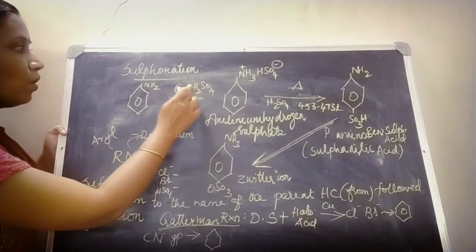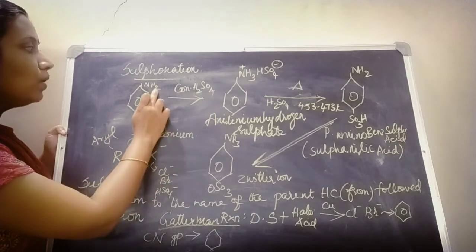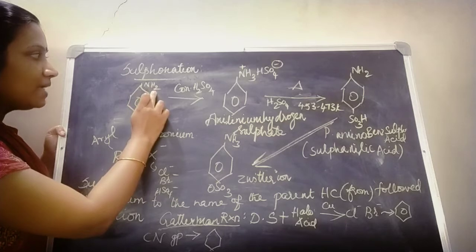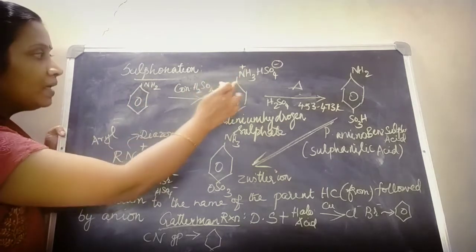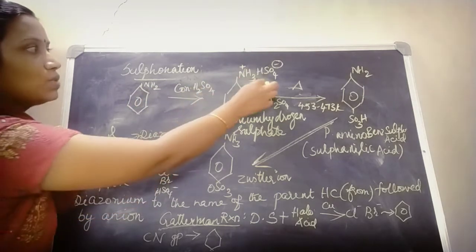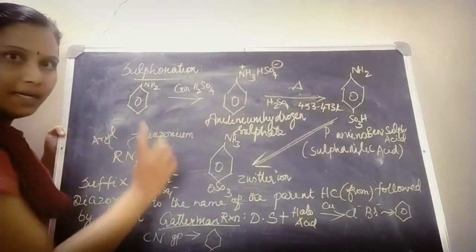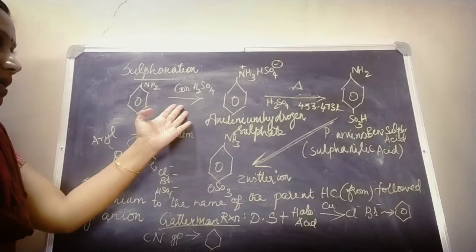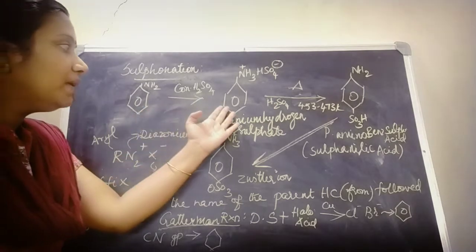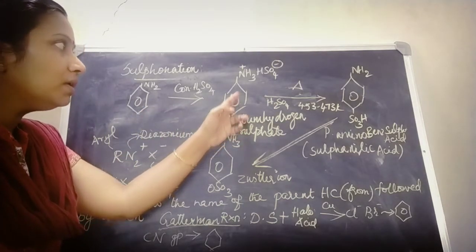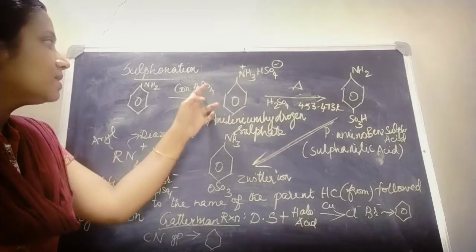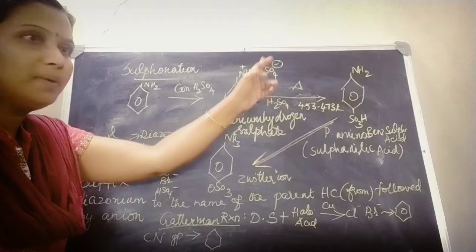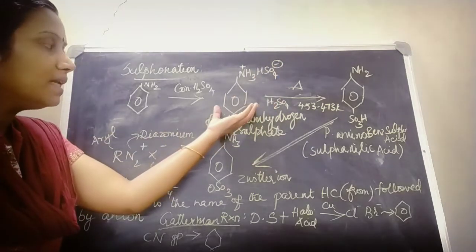Now what happens? One H of sulfuric acid will go and bind to the NH2 group, that is to aniline. So it becomes NH3+. Okay. Now what is the remaining? It is HSO4, which bears a negative charge. That's it. So I have the aniline structure to which I am adding concentrated sulfuric acid. So I will be getting a benzene structure. To the NH2 group there is addition of 1 hydrogen from sulfuric acid and the remaining HSO4 will be taken as minus charge.